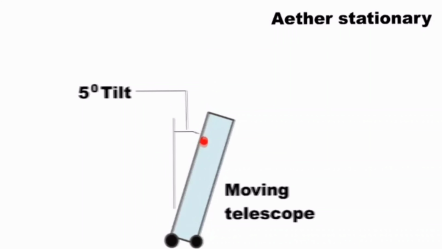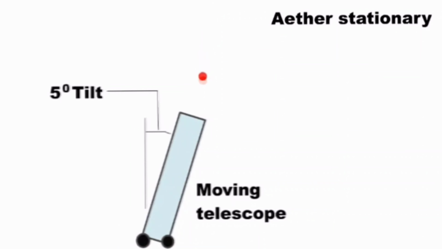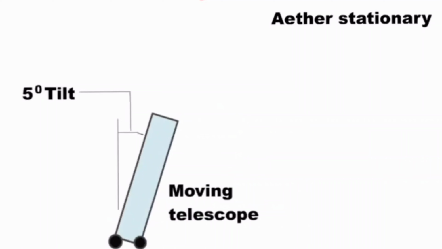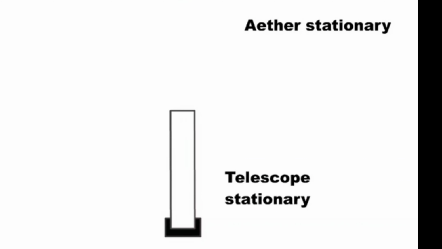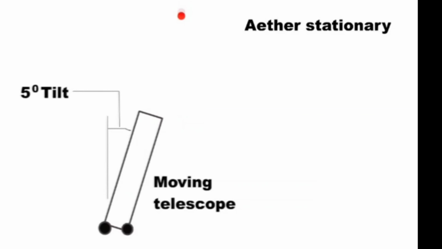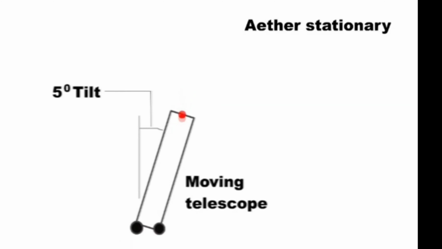So what Airy came up with was a test where he slowed down the light by putting water in the telescope, and he should have had to tilt it a little bit more due to the light slowing down, but he did not have to, showing that the light already left the star and was on its track, and the stars just kept on going, but the light that left it was already on its path, so we didn't have to tilt the telescope any further.